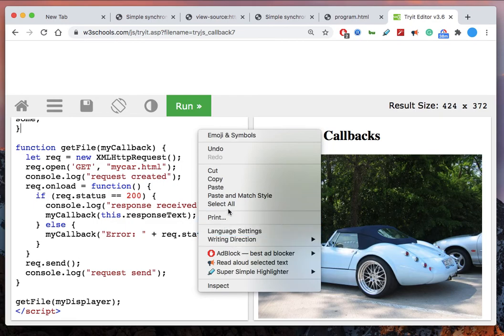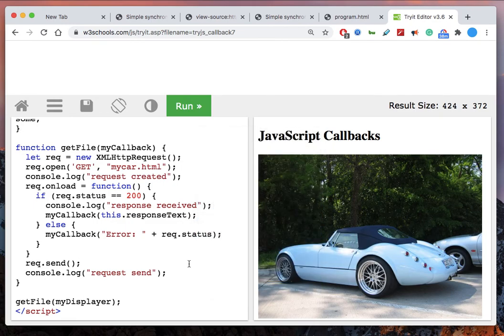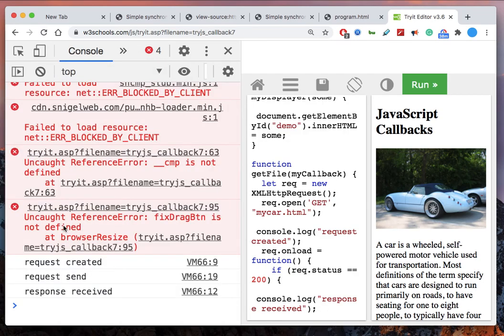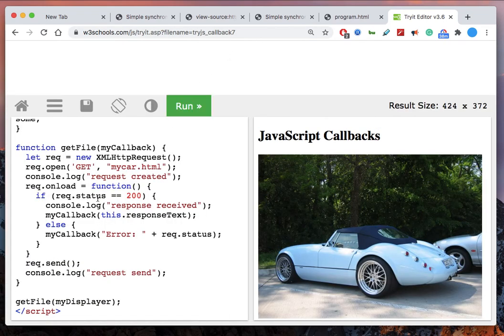So we can see the console. You can see request created, request sent, and then response received. Of course in this order it will happen, right? But you can write in a different order. So yeah, this is it about asynchronous programming in JavaScript. Two examples we saw, and next we will see how we can use promises and async await. Yeah, thanks.